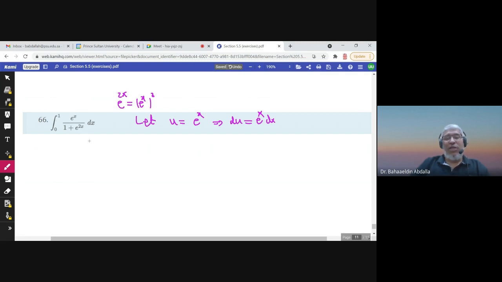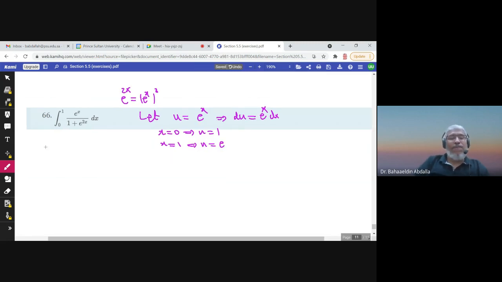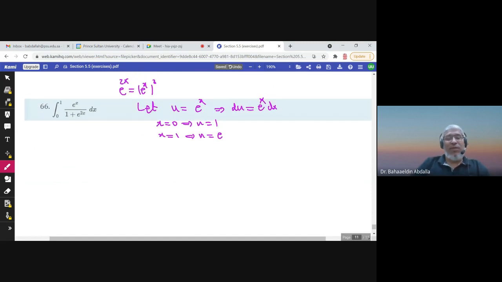I need to change the limits. If x is 0, e to the power 0 is 1. If x is 1, e to the power 1 is e. So this integral would be integral from 0 corresponds to 1, 1 corresponds to e, e^x dx is du,